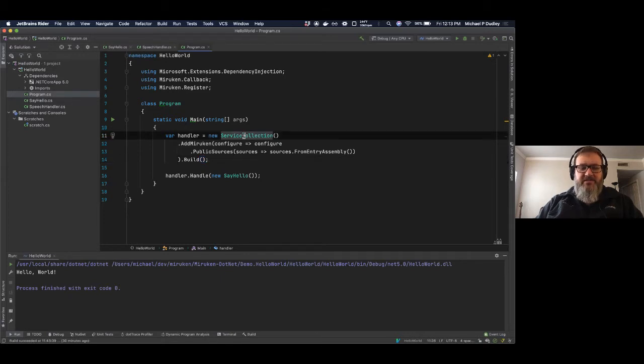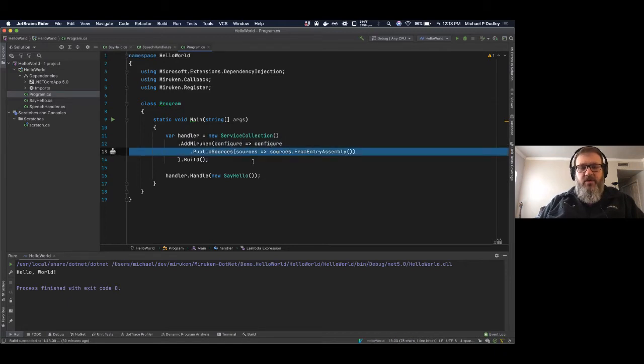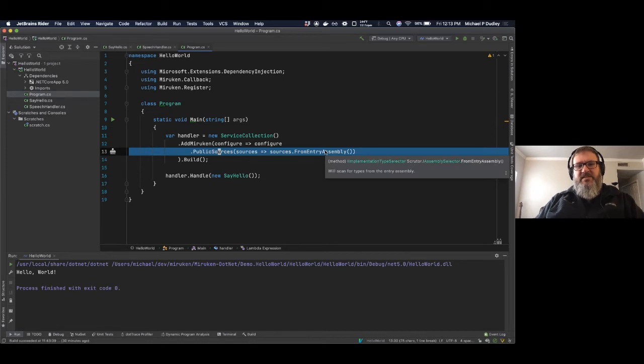We take a service collection, which is a .NET object. Well, I say .NET, it's Microsoft's dependency injection library stuff that's real popular now, just built in. So we take that service collection, we call add Miruken, and then we configure. And basically all we have to tell Miruken is, hey, where do you look? You're looking for your handlers and your objects that you need. We're just telling it to use the entry assembly right now because this is just a basic